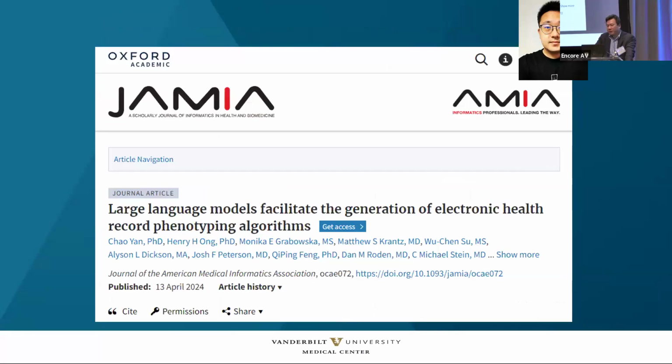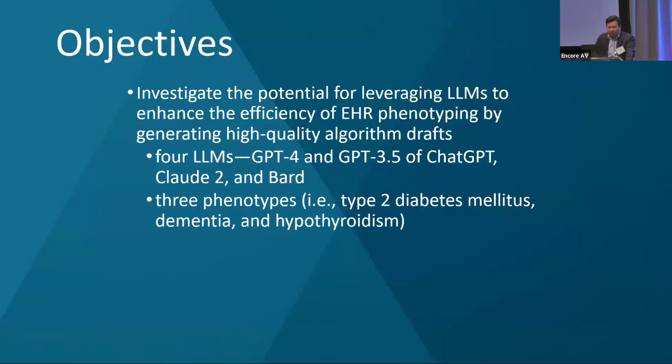And my lab is doing phenotyping, so we said let's move on to see general phenotyping. What's going to happen? So in this study, our goal is that we want to evaluate the different large language models, not limited to ChatGPT. We're looking at different versions of ChatGPT, and also there's Claude 2 and the Google one, Bard. We want to compare the different